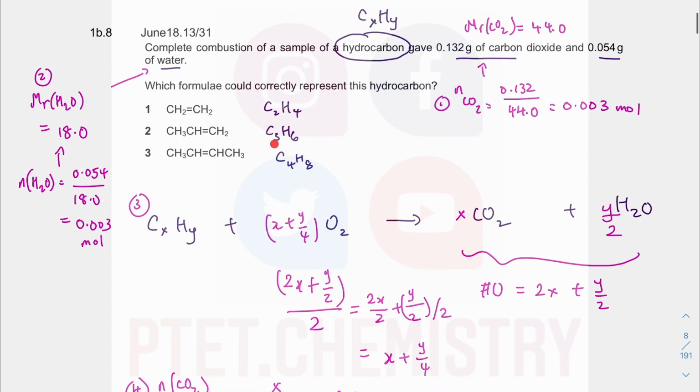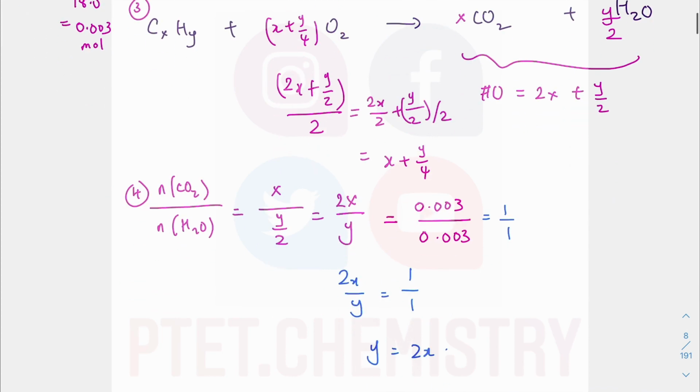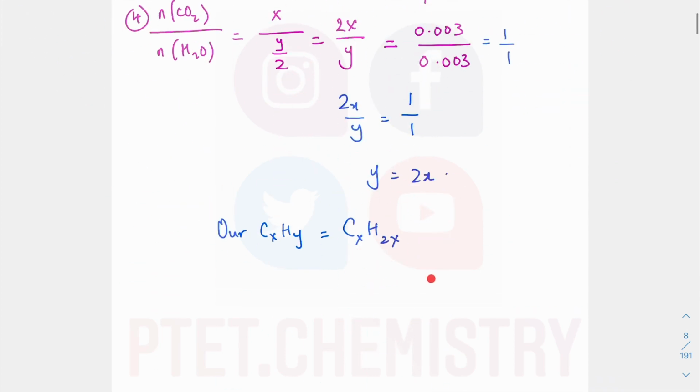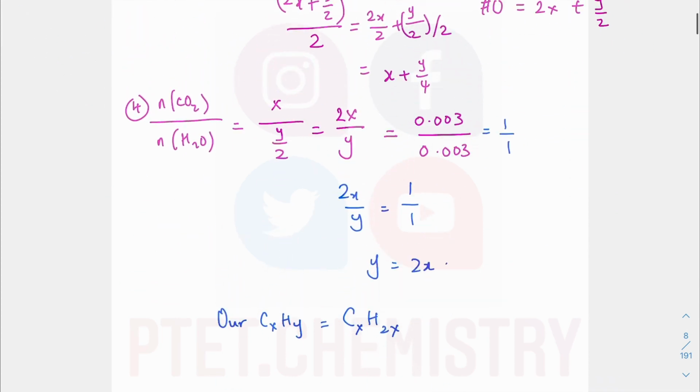We have CxH2x, all right? So your x equal to 2, x equal to 3, x equal to 4, all of them satisfying CxH2x. I've used x because I started out with x. Instead of thinking about CnH2n, we have just done the calculation to show the mole ratio is 1:1, giving us